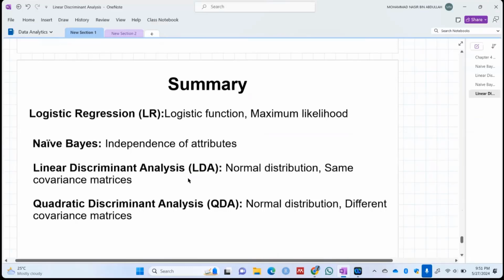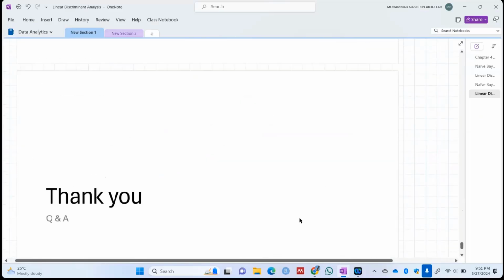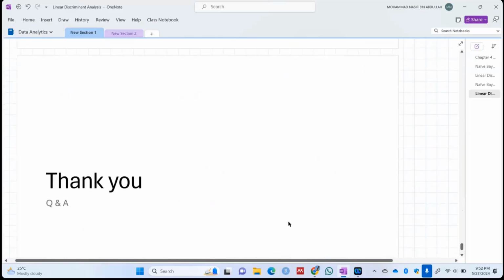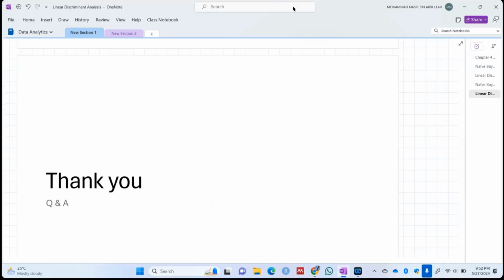Linear discriminant analysis, normal distribution, same covariance matrix. Quadratic discriminant analysis, normal distribution, different covariance matrices. Right? So since we finished chapter number 4,